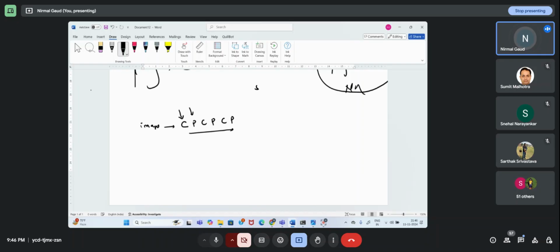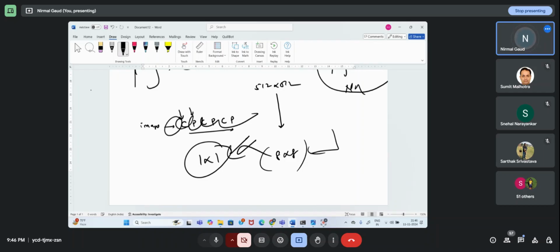If you are having an image of 512 cross 512, it may get reduced to a certain shape. It may be like 8 cross 8. As many convolutions and poolings as you incorporate, the size of the image will reduce. But don't reduce it so much. That's what I said: don't make it 1 cross 1. You don't have to reduce it to 1 cross 1, where only one feature, one value is there. No. And there is a formula also.